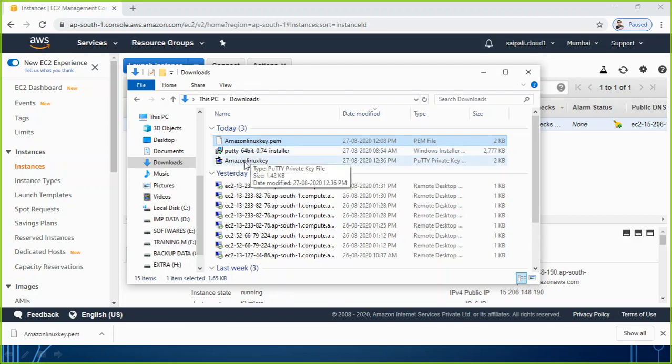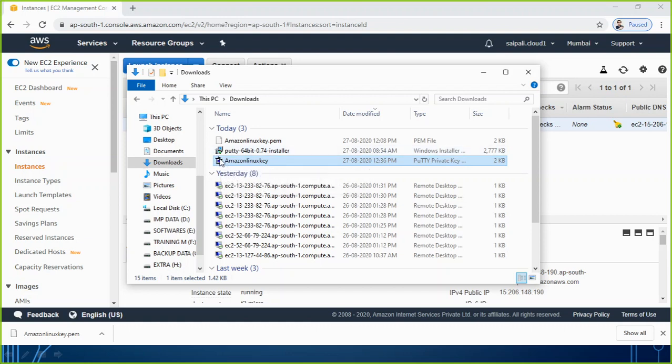There is no change in the name, only the extension I changed. This one was PEM, this one I made .ppk. It is not showing here, but it is a ppk file. If I keep my mouse there, you can see the type is PuTTY private key file, and it has an icon like this, a computer.